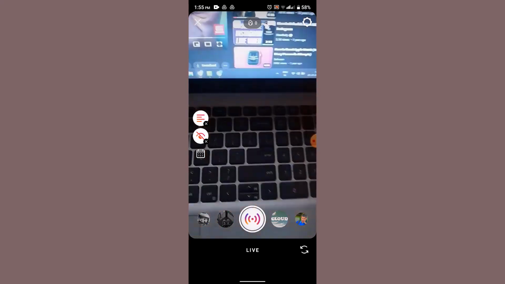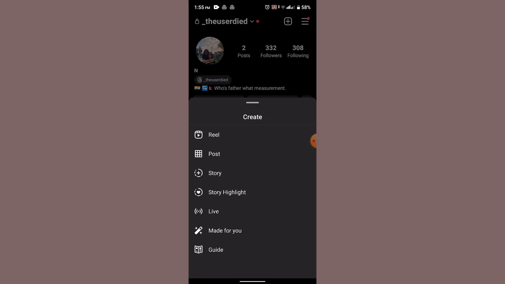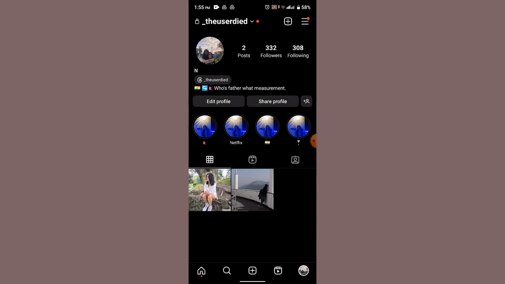And if you're unable to see the live feature on your Instagram account, as in my case, you can see if I tap the plus icon, here's the live button. But if you're not able to see the particular feature, then first of all try updating your application, and after updating your application, if you're able to see the button, then probably it might be the reason that your app was outdated. But after updating as well, if you're unable to see, then you'll need to switch your account to